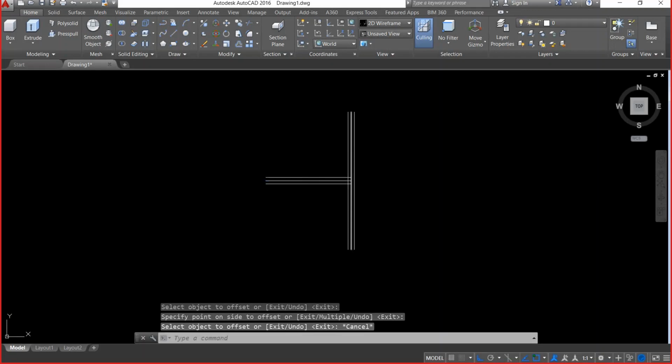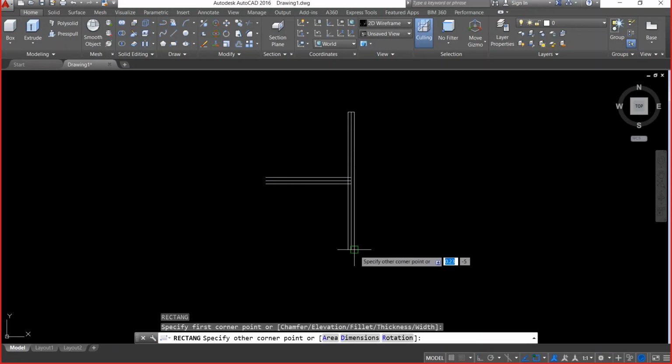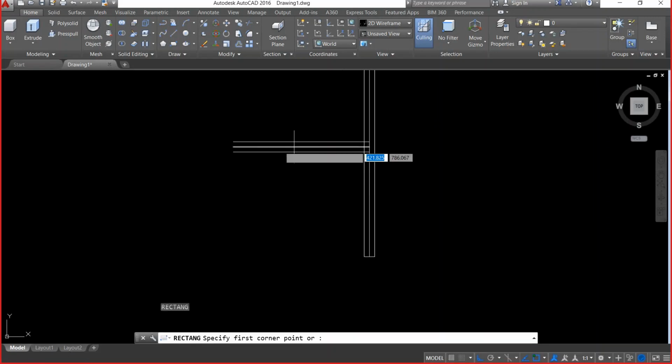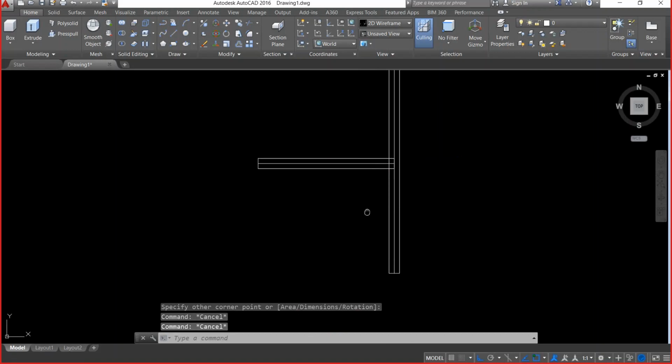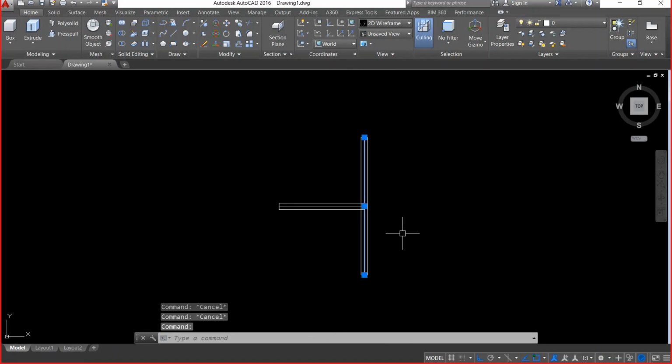Just to show everything in 3D, I am going to draw a rectangle, and I'll also draw a rectangle for this, and I will delete this center line for a while so that you can understand it better. This is the wall.